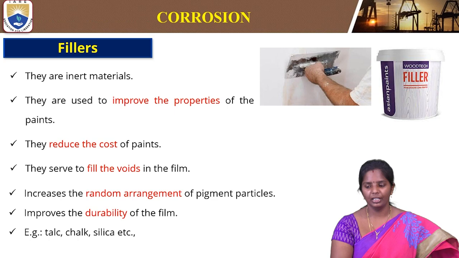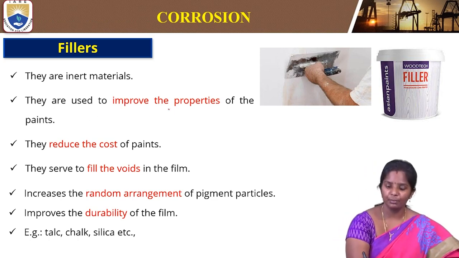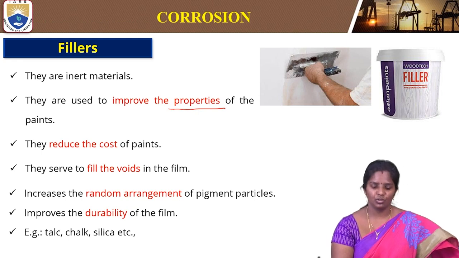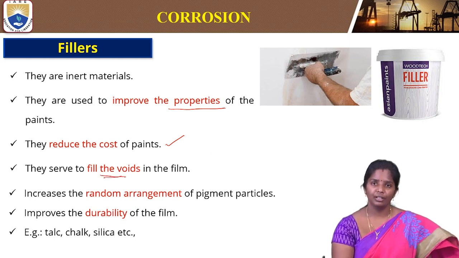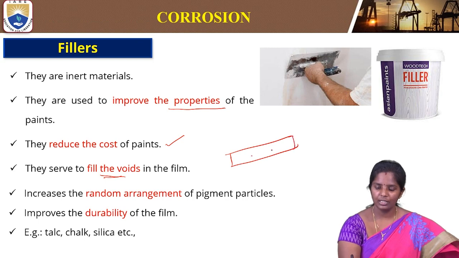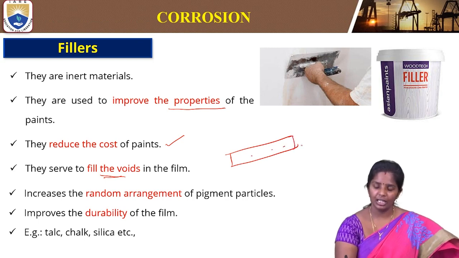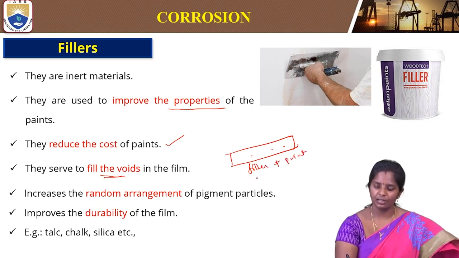Then fillers. What are fillers? These are some inert materials used in the paints, so that will improve the properties of the paints. So they also reduce the cost of the paint, and these are generally used to fill the voids of the film. So for example, if we have a metal surface and there are some voids, then applying paint containing fillers